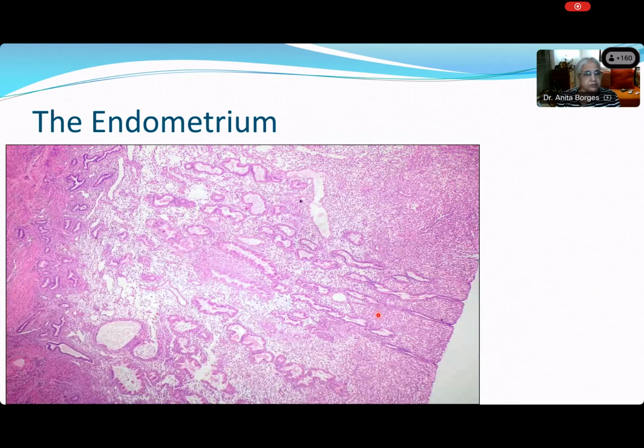Now I want somebody over there to volunteer, but if nobody volunteers, then I will ask. Simi, you see a picture here of the endometrium, right? Are you there, Simi? Is Simi there? Yes. Simi, please unmute yourself. Very good, Simi. You see this? Do you recognize it? What is this a picture of? This is a picture of endometrium.